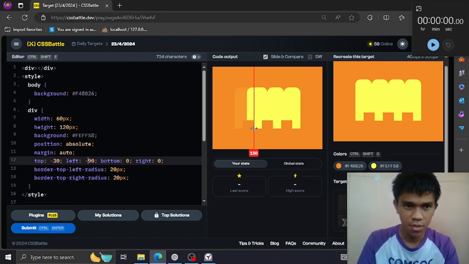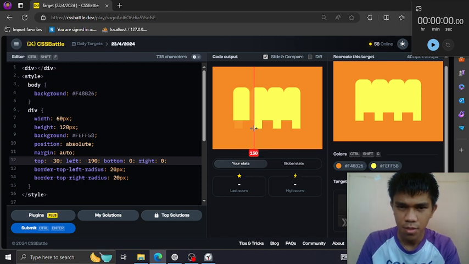You see the shadow here, the shadow there, shadow there, shadow here. More. That.